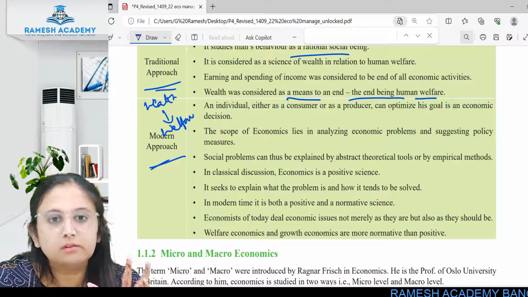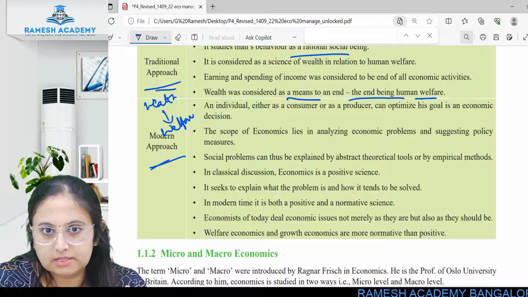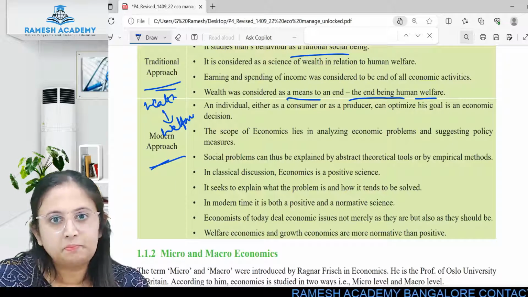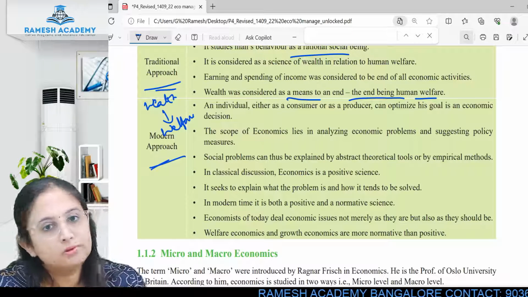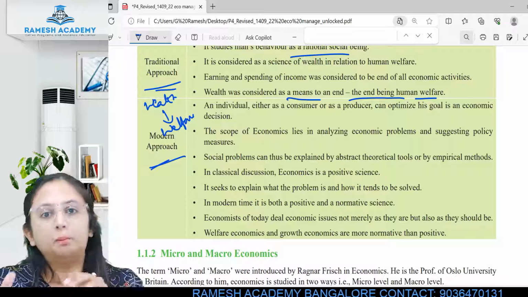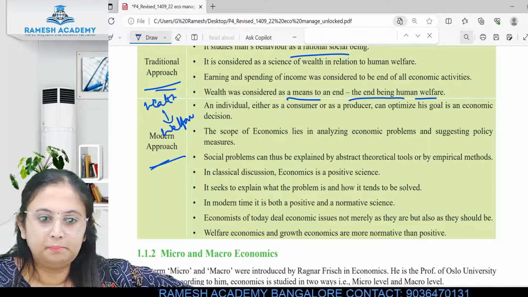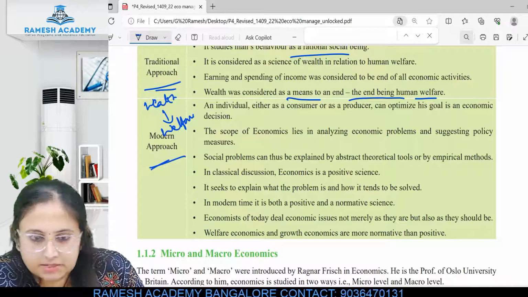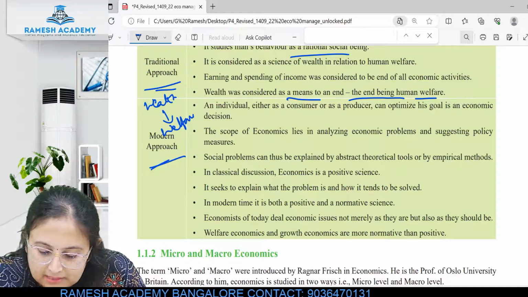So you take decisions in your business in such a way that, as a consumer, if you are taking a decision, you would like to spend less and buy more. As a producer, you would like to use fewer inputs and get maximum output. So as a consumer or as a producer, his goal is an economic decision, and the scope of economics lies